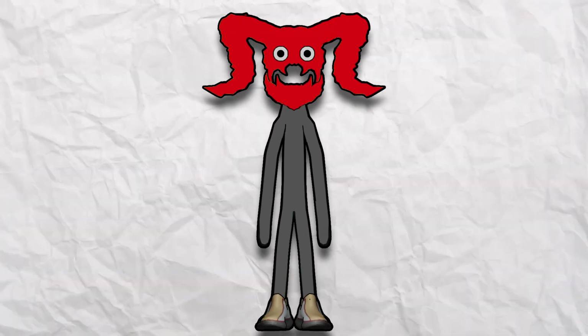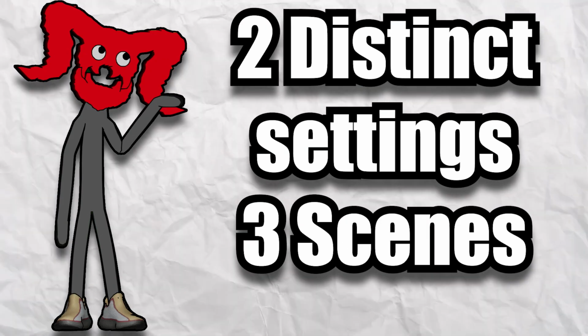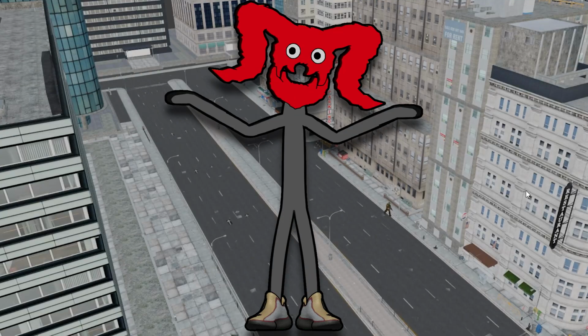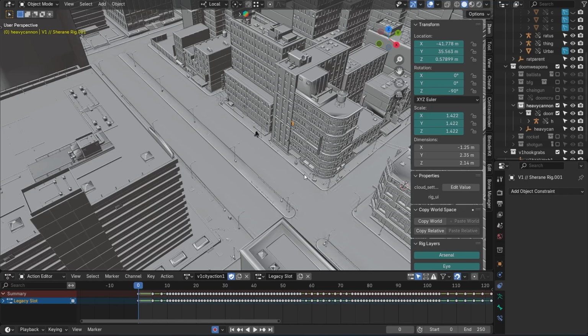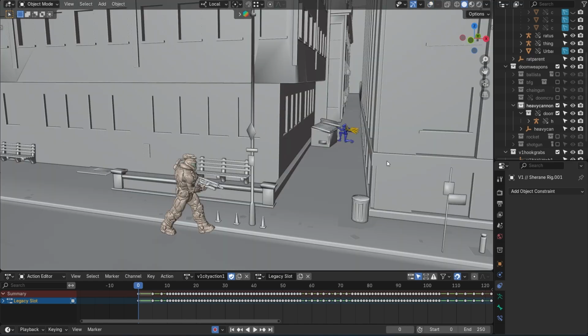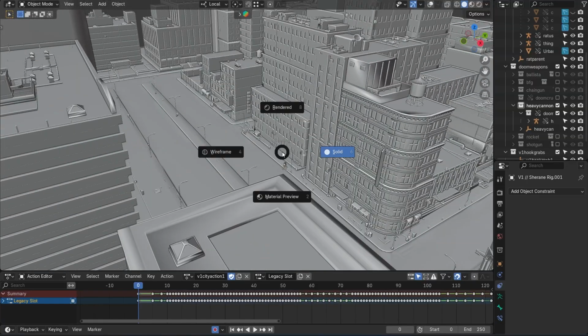For this specific animation, there's going to be 2 different settings and roughly 3 different scenes. This is scene 1. The other 2 scenes I haven't really animated because I'm still trying to finish up scene 1. In this one, it starts off with these 2 characters meeting up in a little bit of an introductory fight. Now the city itself, if I switch to a material view,